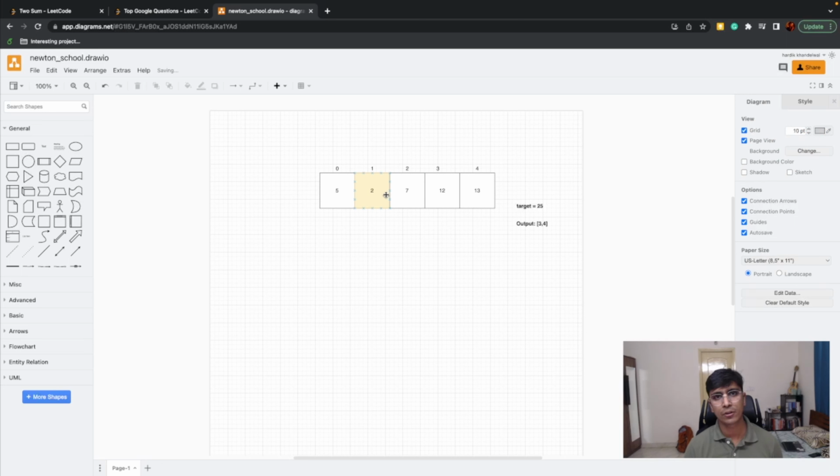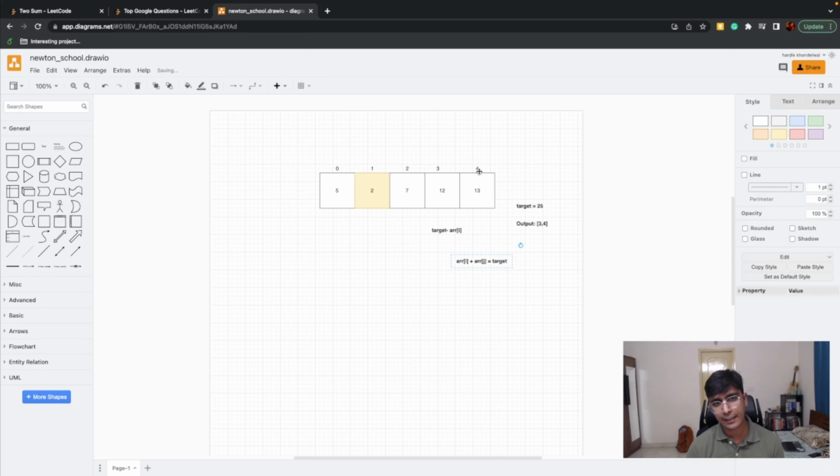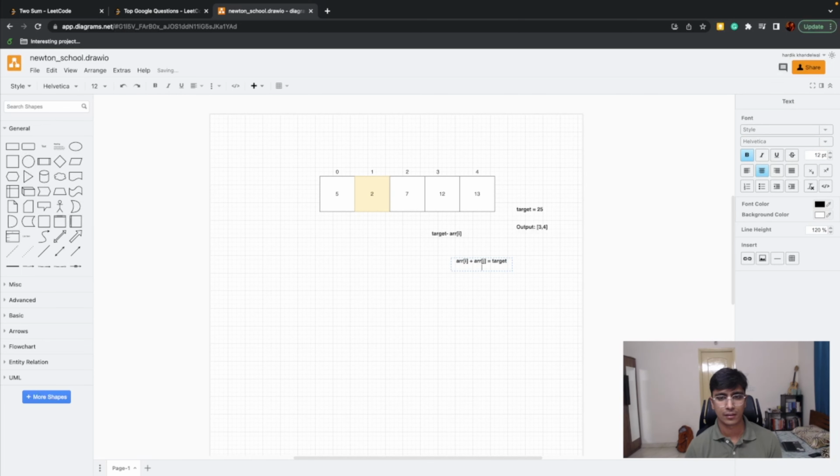So I need to find one element in this array whose value should be equal to target minus arr[i]. Why target minus arr[i]? Because you need two elements, let's call them at index i and j, such that arr[i] plus arr[j] becomes equal to target, and you are already iterating through arr[i] through a for loop. So what you need is to find an arr[j] such that arr[j] is equal to target minus arr[i],